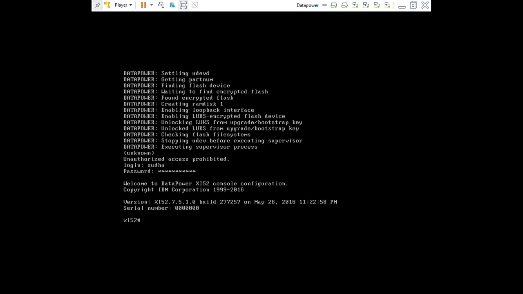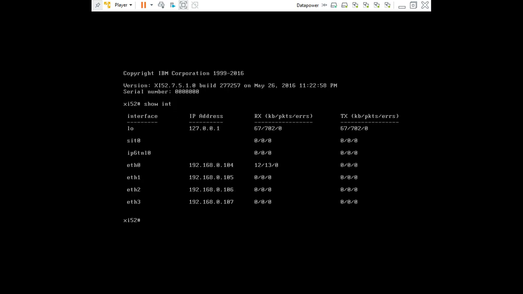Now to open the DataPower appliance in the web GUI, you need to know the IP address configured for the Ethernet interfaces. To check that IP address, you need to go to the command show int. When I give this, it gives me 4 different Ethernets: Ethernet 0, 1, 2, 3.